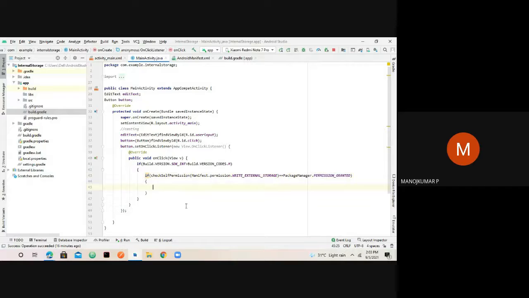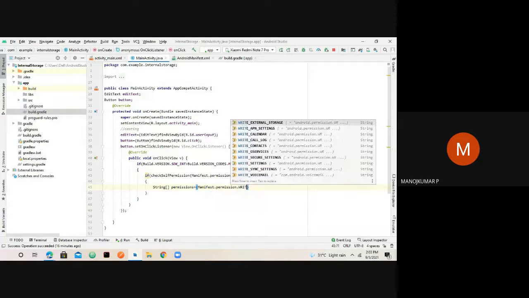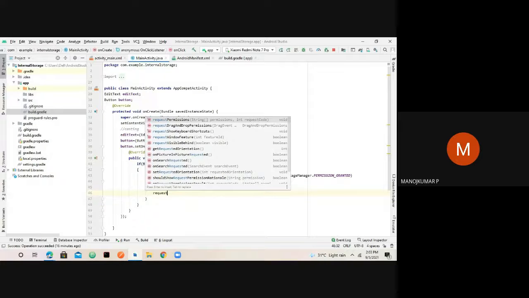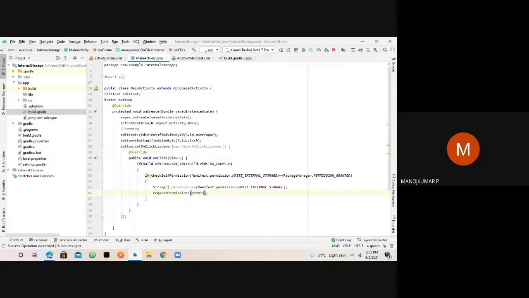So in that case, I would create a string array and name it permissions, for example, and I would check for this permission dot write storage, this outcome. I would post it in this permissions array, and I would create a method called request permissions, and I pass this string array as one of the arguments. And the second argument will be a code that identifies this methodology uniquely to the user and operating system. So I would create an integer variable.